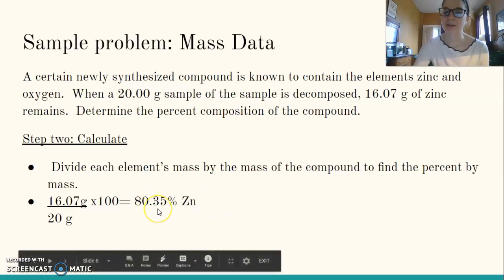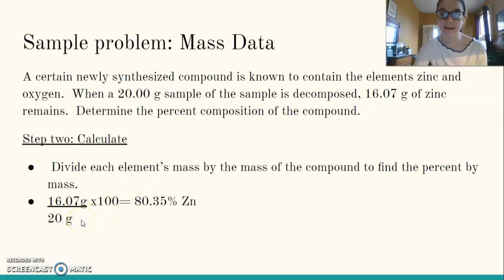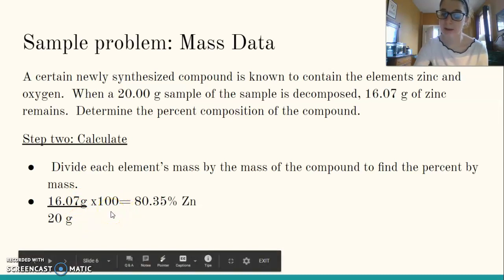And that 0.835 is out of 100. So if we multiply by 100, that gives us the actual percent. So you're not done when you just divide. That gives you a decimal. To go decimal to percent, we have to remember to multiply by 100 or move that decimal place 2 spaces